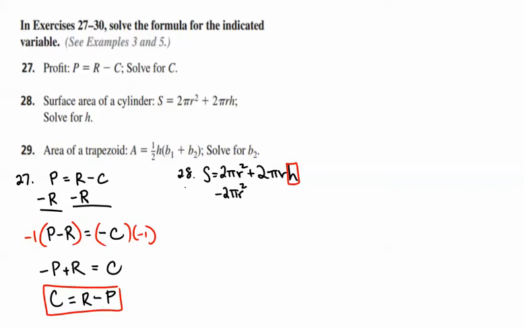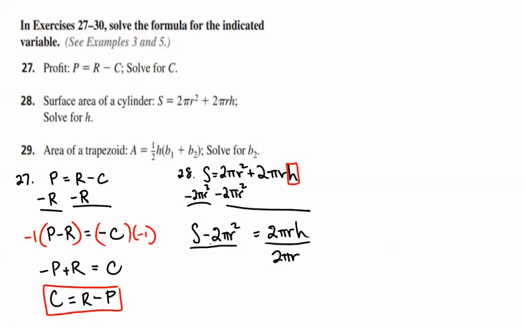before multiplication and division. Subtract 2 pi r squared from both sides, and that gives us S minus 2 pi r squared is equal to 2 pi r h. And at this time, the easiest way to isolate the h is to divide both sides by 2 pi r, and we've come up with our final form after we cancel: h is equal to S minus 2 pi